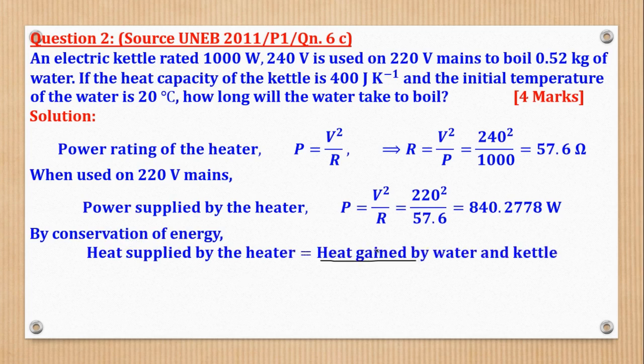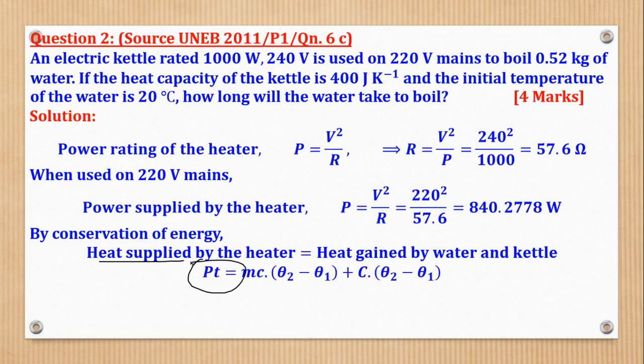heat gained by the water and the kettle. Remember, the water was in the kettle, and the kettle has a heat capacity, meaning it is needed in the calculations. So you substitute the formula. Heat supplied is power times time. We already saw that. Then heat gained by the water will be mass times specific heat capacity of water times